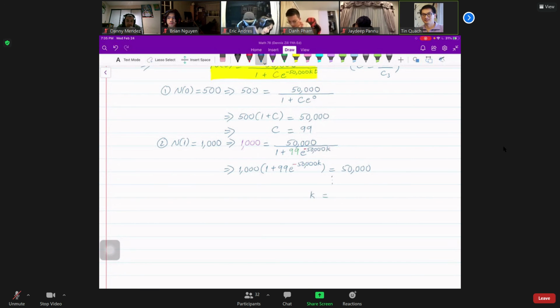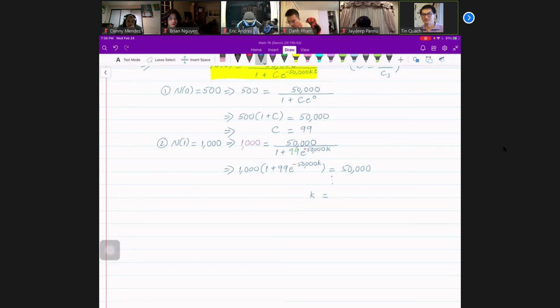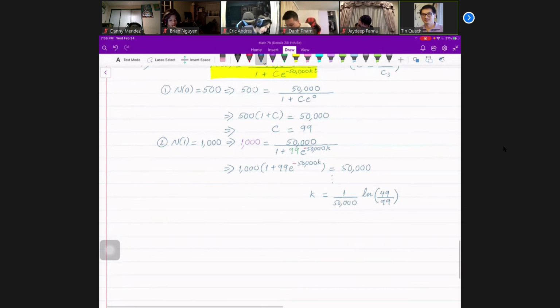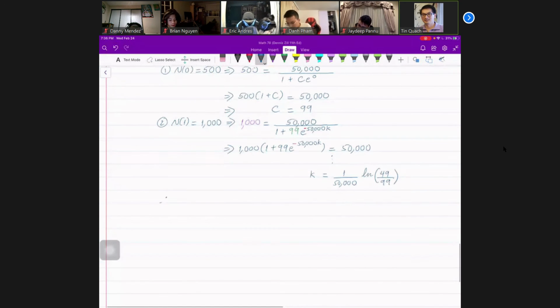So make sure you don't round off. Okay, so let me write, so you can do the work to check. Okay, so k should be 50,000 ln of 49 over 99. Okay. So therefore,